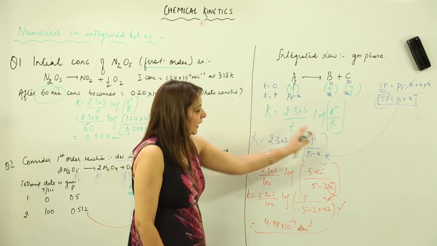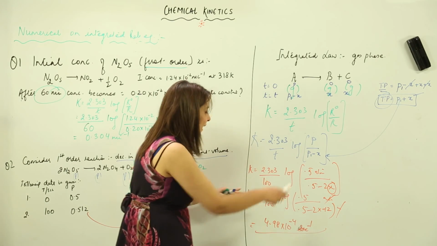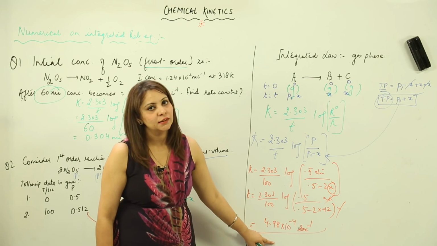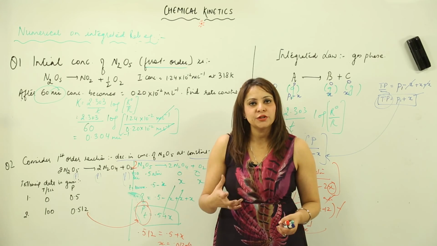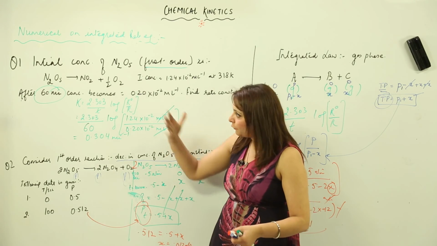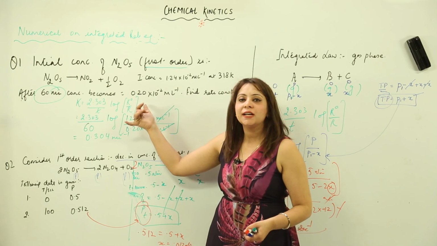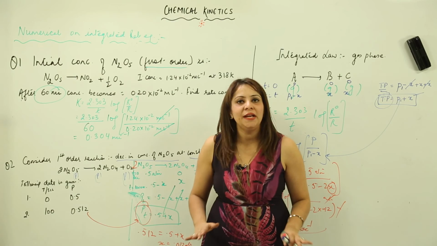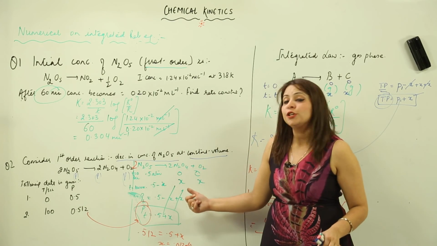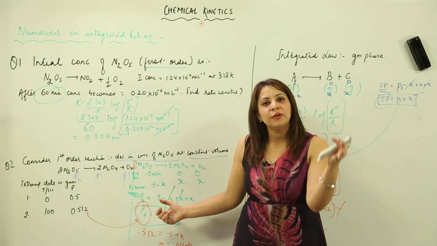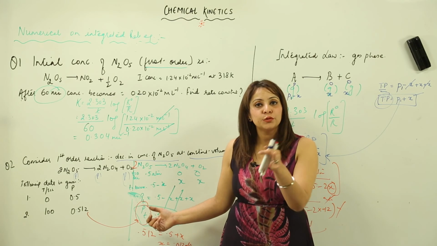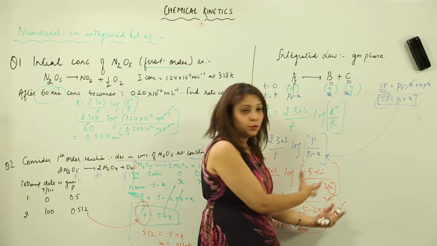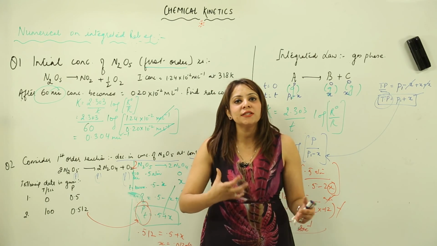Then for first order the reaction is this, I just substituted the value of x from this side to that side, and then we are here with the result. So this is how you are going to solve the equation. The only difference between the two numericals is that here we are considering the concentration and here we are considering the pressures. Otherwise everything remains the same, because when we are considering the pressure you need to calculate the total pressure first. But once you have the total pressure, we are in a position to calculate the value of x, and when we are ready with the value of x, we can just substitute in the equation and get the result. So this is so simple.